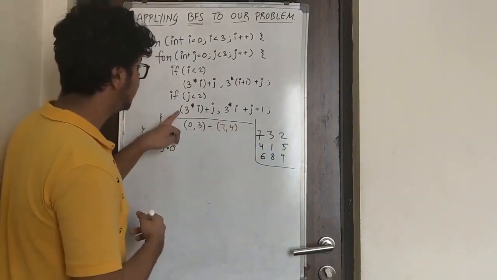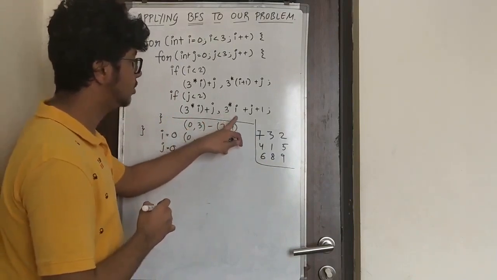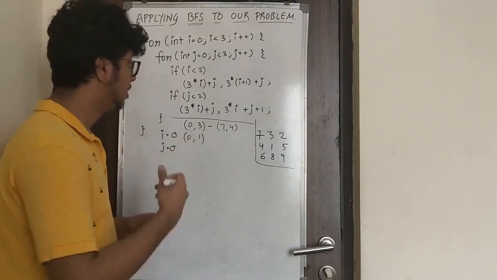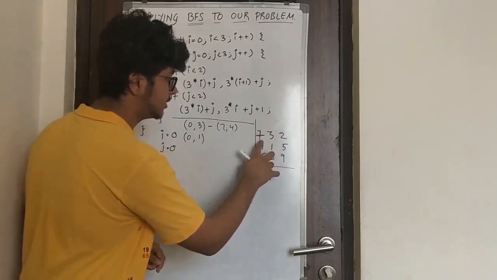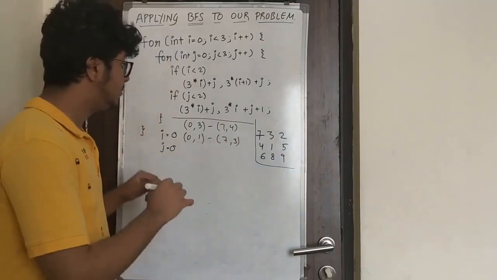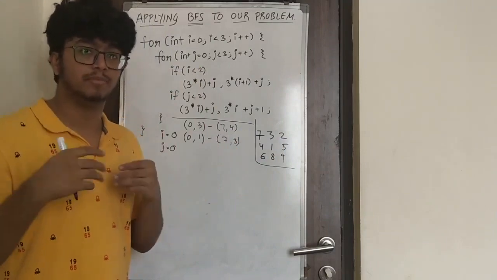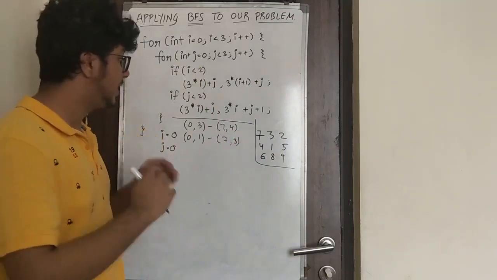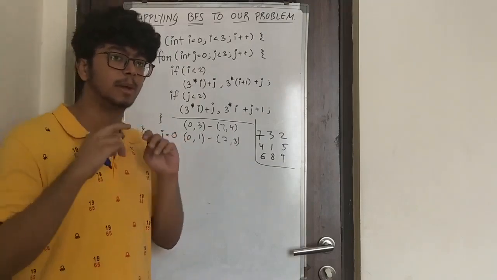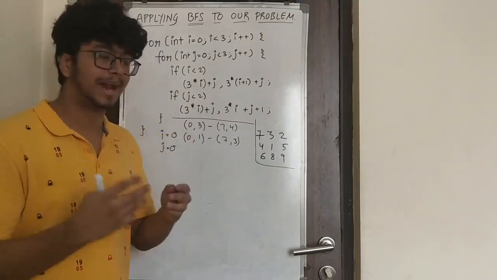Moving on, 3 into 0 is 0 plus 0 is again 0. And 3 into 0 plus 0 plus 1 which is 1. And yeah, I'm feeling good because this gives me 7 and 3, 0 and 1. So yeah, 7 and 3. Now note here, I am not saying that this code will give me only the adjacent tiles whose sum is prime. No, it will only give me the BFS tiles which can be swapped. Now we need to determine if the sum is prime. If it is not prime, we would not swap. But this gives us the BFS practical approach.